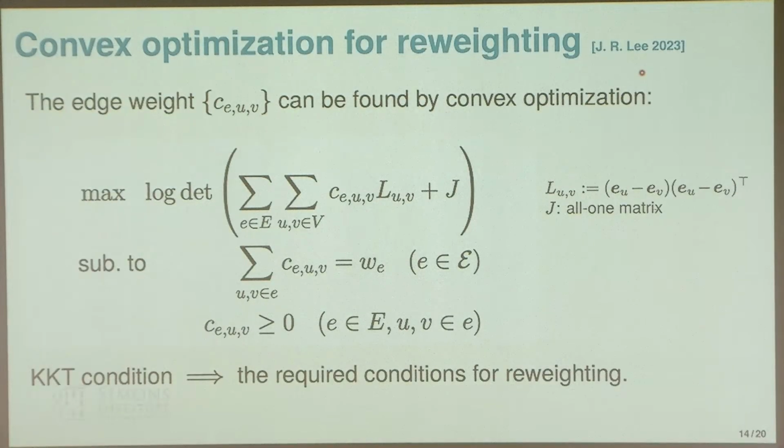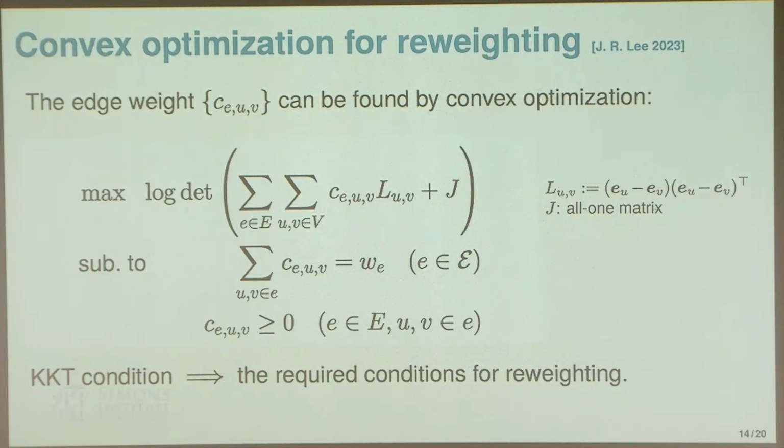So how can we compute it? We know that this weight assignment works to construct a spectral sparsifier, so the question is how we can compute it. And I'm going to use it to design online algorithms, so I want to say some words about it. We can compute the CEUB using this